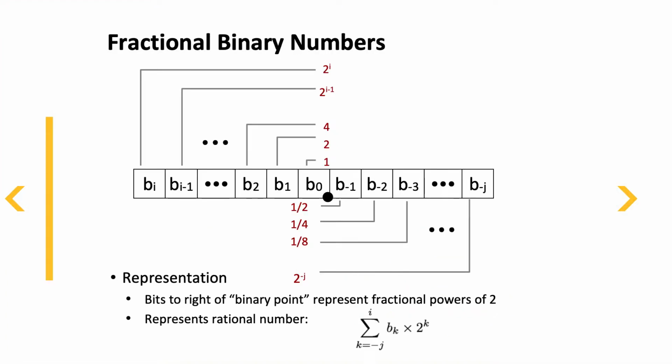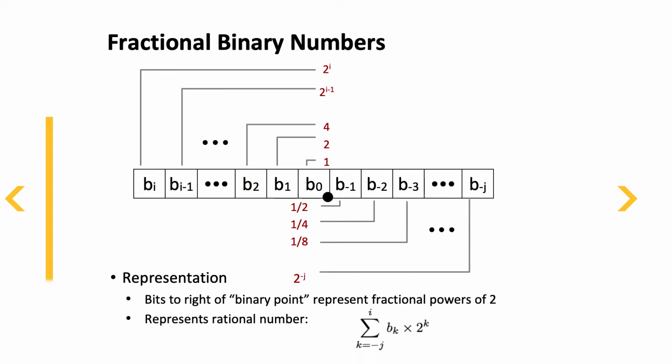So when we break this down, we find out that it works very similarly to integers. We just have to add that binary point and some stuff to the right of it and figure out how we deal with that. Well, remember that we had our places. We had our i equals 0 place, our i equals 1 place, our i equals 2 place, and that indicates the exponent that we put on the base when we're figuring out how much the weight is worth. So for the 0 place, it's 2 to the 0, so that's worth 1. The 1 place, 2 to the 1, was worth 2, 2 squared is worth 4, and so on,